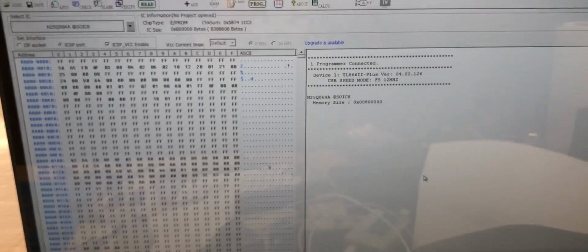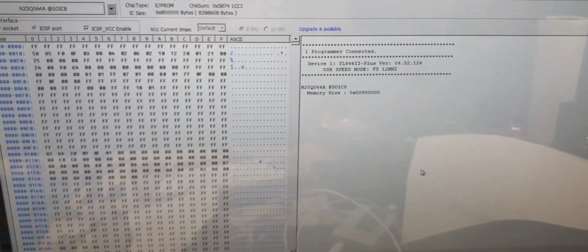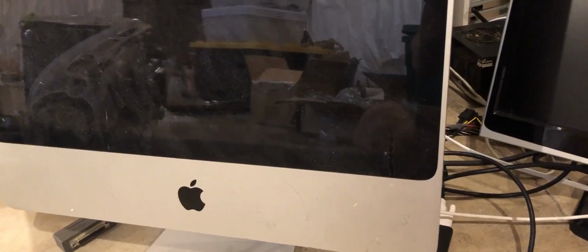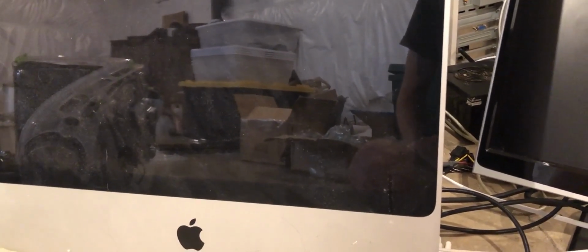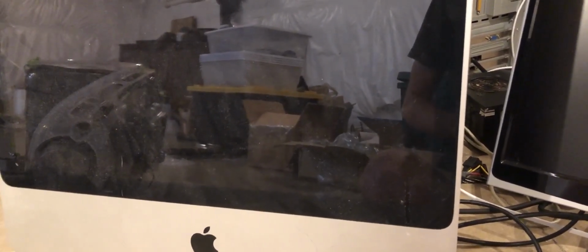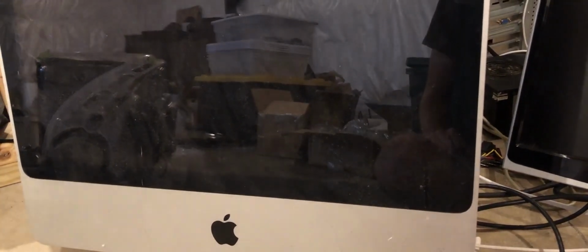Alright, so the EEPROM is saved, and that's how to do it with an EEPROM programmer. So now I'll show you how to do it using software, using a tool I've made. If you have a system that does support flashing and reading the EEPROM through software, that would be a 2008 or older system, or a 2012 or older Mac Pro. So Mac Pro 4,1, 5,1, and of course all the older ones do support reading and writing the EEPROM from